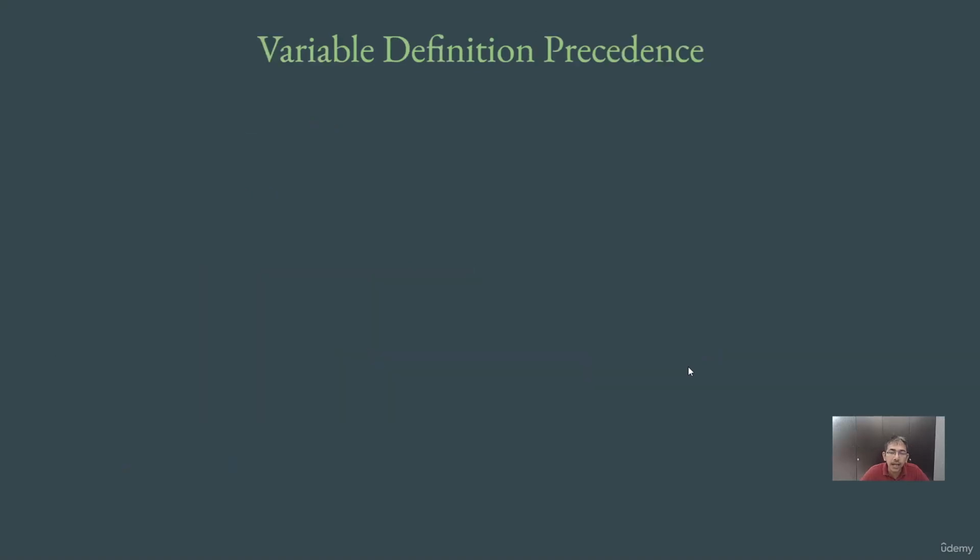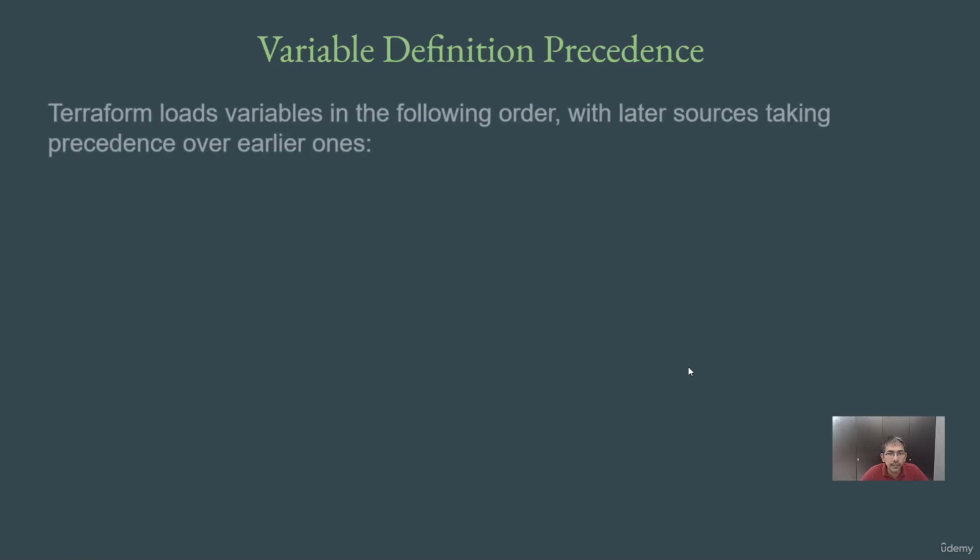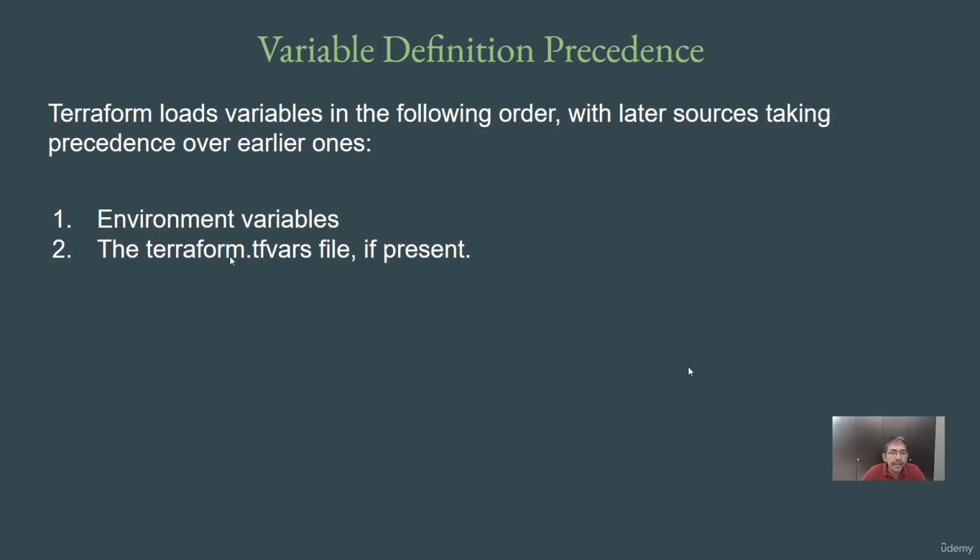Now in this case, your understanding about the variable definition precedence is very important, and it states that Terraform loads the variables in the following order with the later sources taking precedence over the earlier ones. Very important part to understand. We are also going to explore this practically in just a moment. So what this states, first Terraform will take the value from environment variable. Whatever value is there, it will take it. Then it will take it from the terraform.tfvars file if it is present. Then it will take from